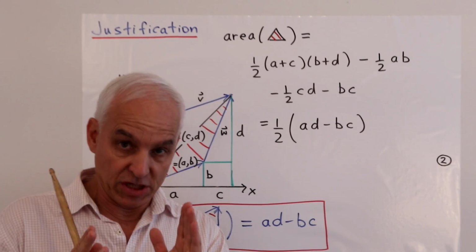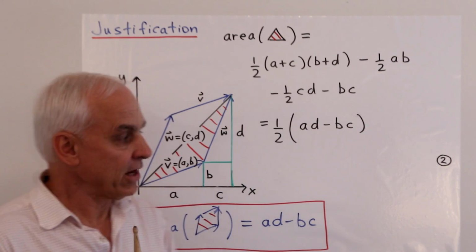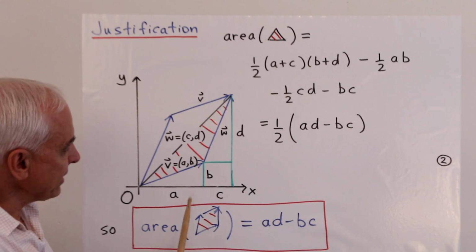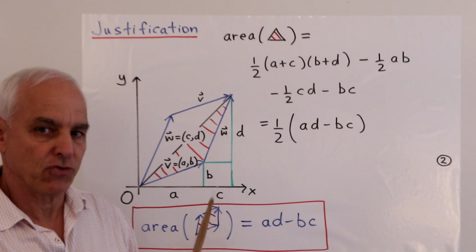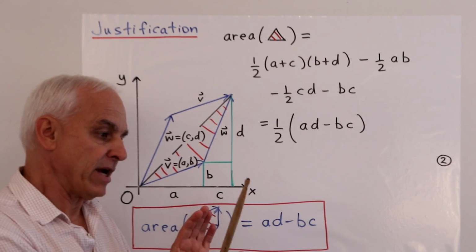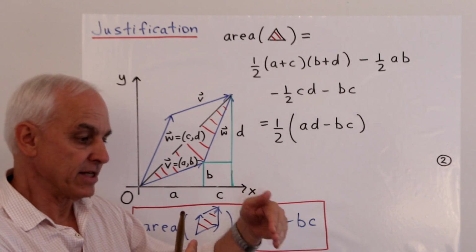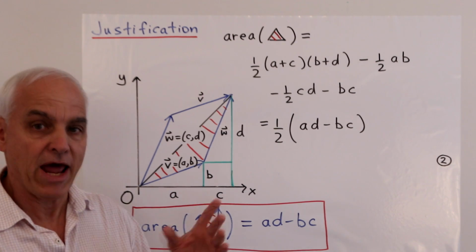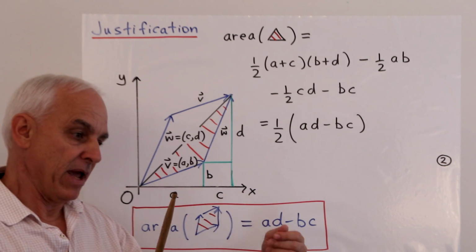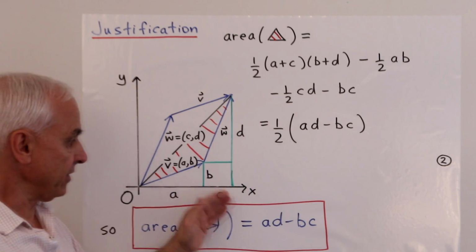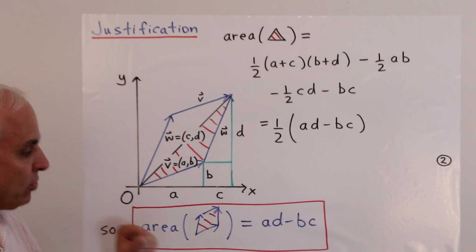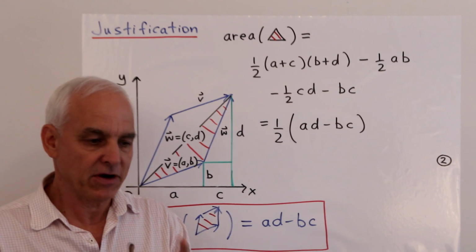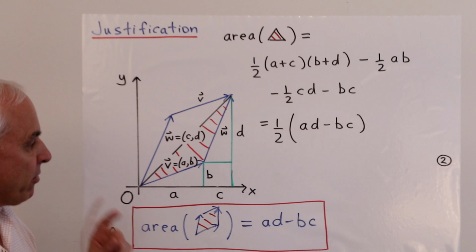So let's think about how we can justify this formula, given that we have a prior understanding of area in terms of our Cartesian coordinates, and say areas of rectangles and triangles. We're familiar with the area of a rectangle, at least if it's positioned in the standard way, as being base times height. And we have an understanding of the area of a triangle as being 1/2 base times height, at least if the base and the height are aligned in these directions. So we can use that prior understanding to justify our formula. And it's very interesting to do that in actually a number of different cases.